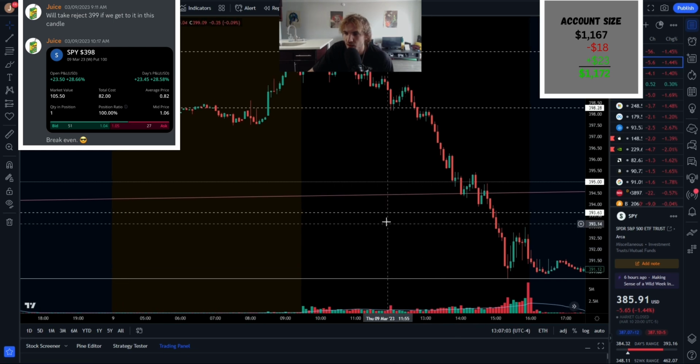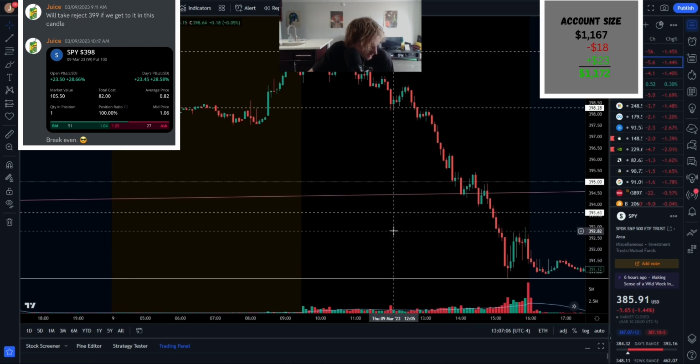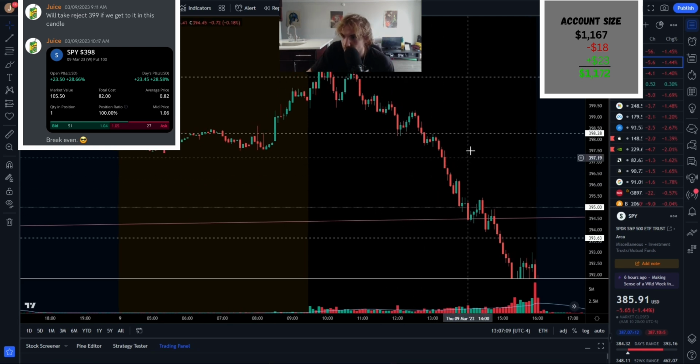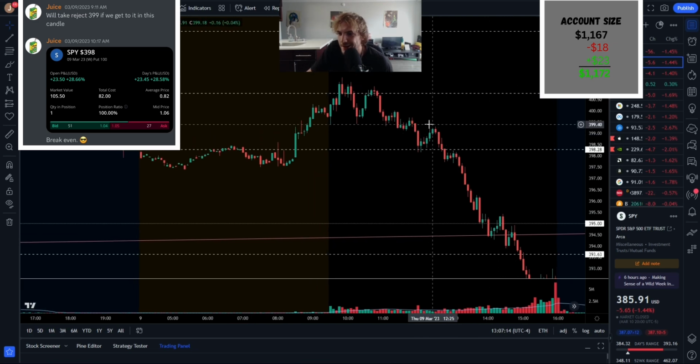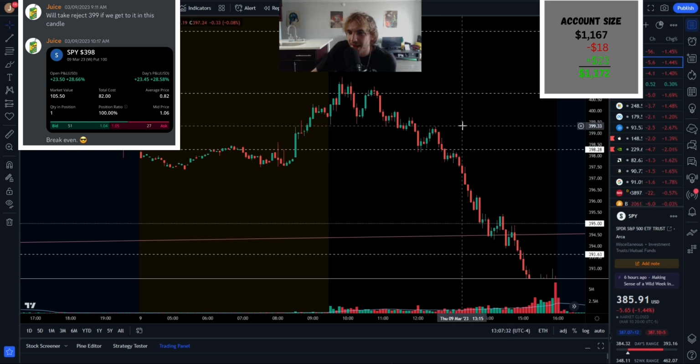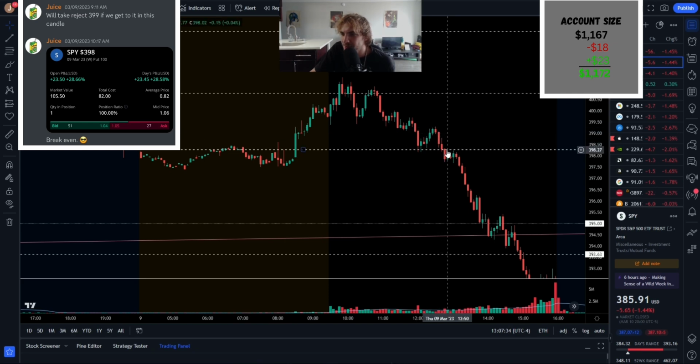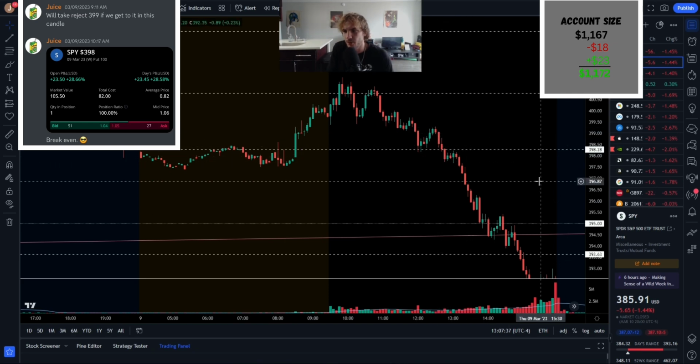It was the break and the retest of 395, if I believe so, right? No, I was wrong. It was the break and the retest of 399. So yes, okay, I remember now. It was right here, this green candle, the red candle, we entered right there. Our stop loss was 395.5, so above these candles. So we would have been stopped out a little early looking back at that. But we didn't get stopped out, and we ended up selling down here, I think around 398.3, where that line is, for a $23 win and 28% win.